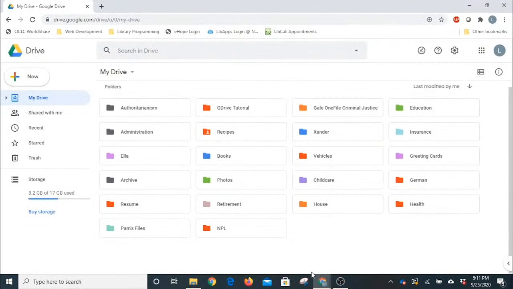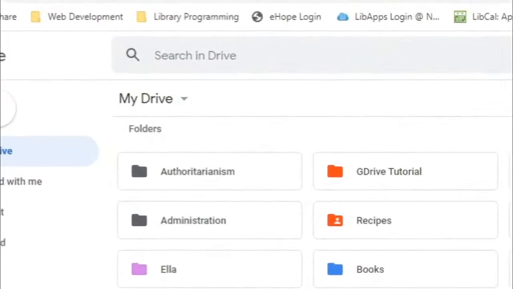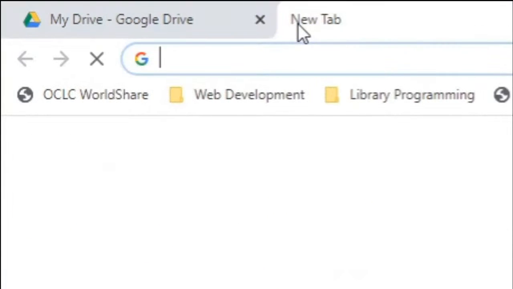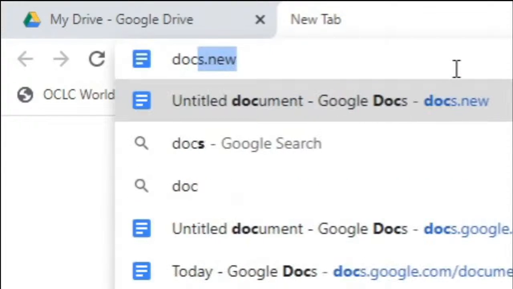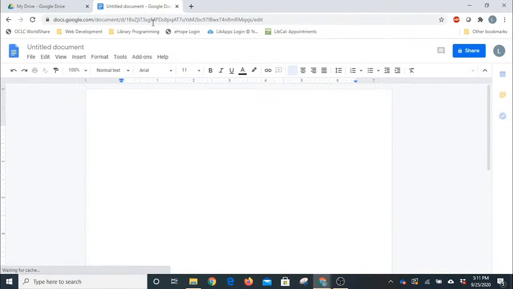Google has given its users a quick way to create new files on the fly without having to go through the Drive interface. Now you can do this in any browser, it does not have to be Chrome. If you're logged into your Google account, you can create a new Google Doc by opening up a new tab in your browser, and then in the address bar, type in docs.new, and that will instantly create a new blank